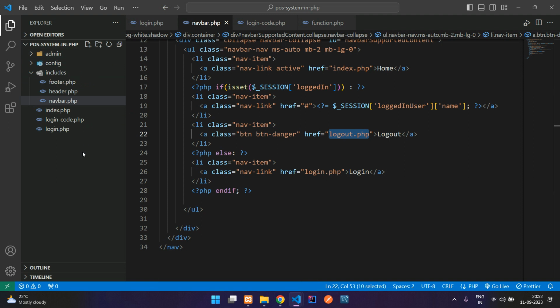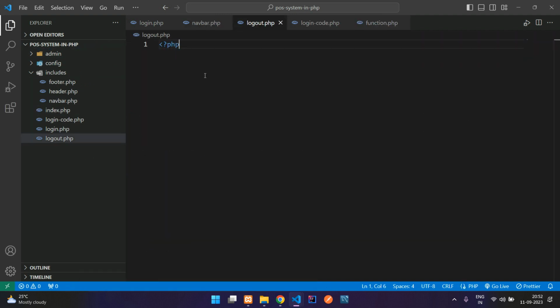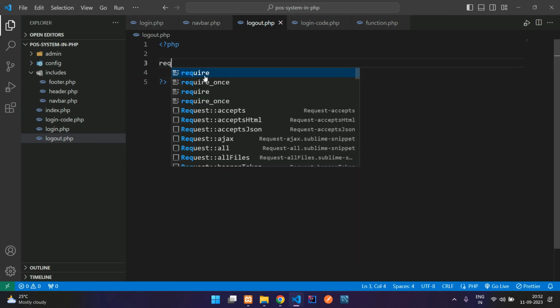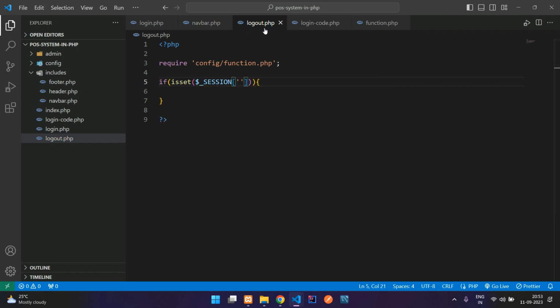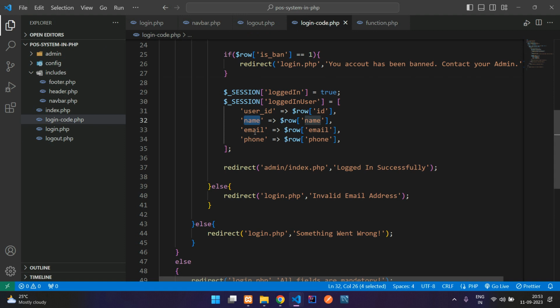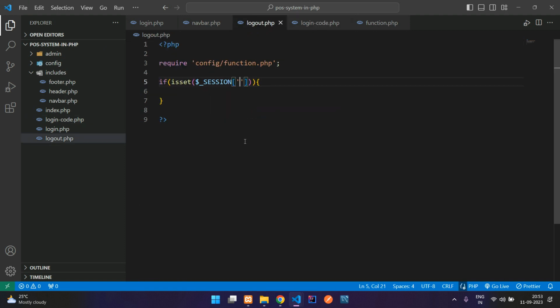So let's create a file here, logout.php. Now guys, let's open PHP, close PHP, require the function, go to config folder slash function.php, and now use if condition and check whether it is logged in or not with the help of session. So in this session we are checking if the user is logged in, then only log him out. So you need to check this here,